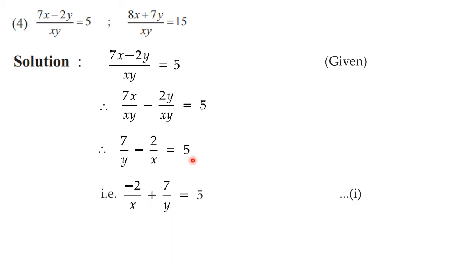If we write it in the proper sequence as we are doing, as I have said, always we follow the alphabetical order, then the first term is minus 2 upon x. Write it along with the sign. Now this is optional. If you can solve it by this sequence also, no problem. You are going to get the correct answer. But then while writing the final answer, you should be very careful that you should write value of x first and then y. Okay. So instead, to avoid that, in the beginning only you follow the proper order. So minus 2 upon x plus 7 upon y is equal to 5. This is equation number 1.